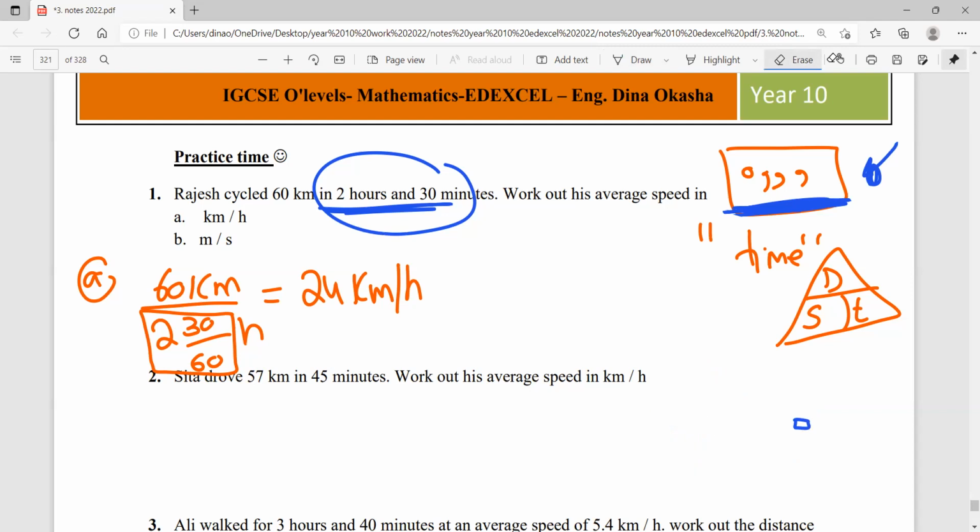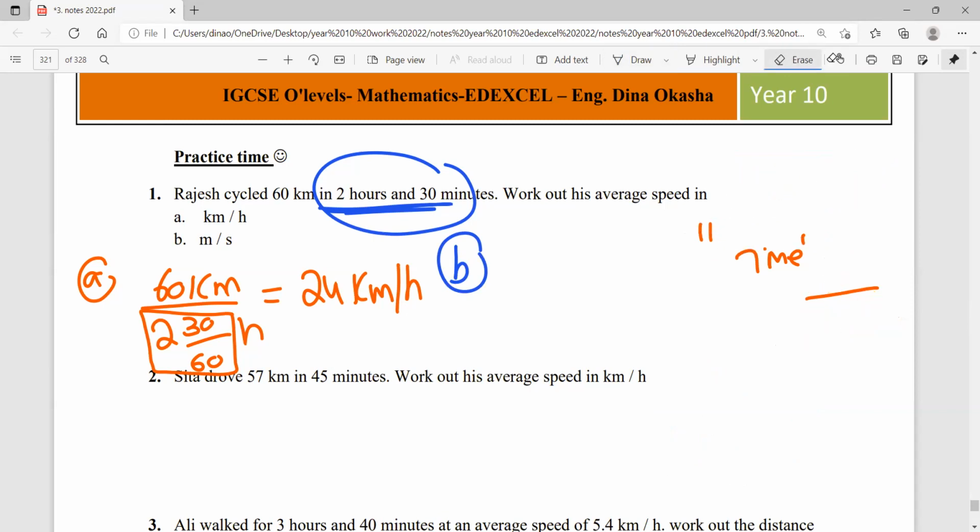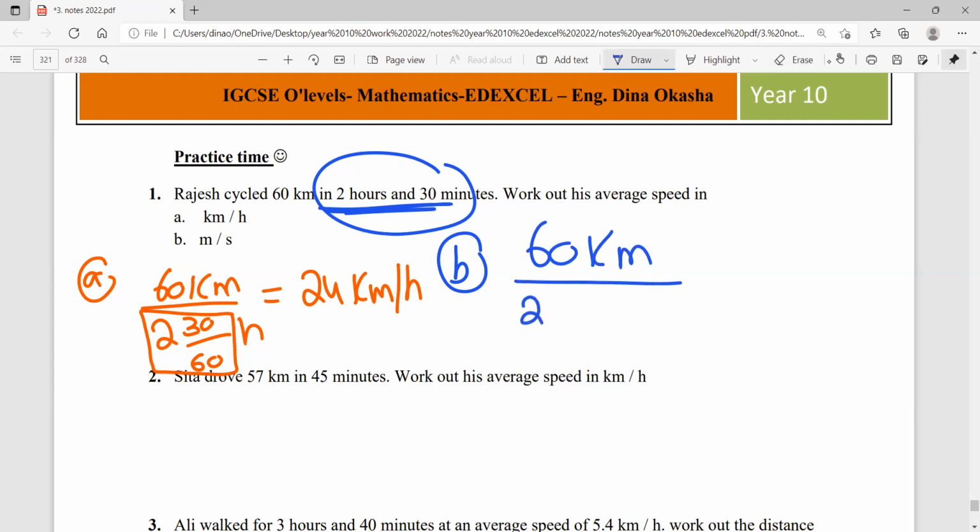نيجي بقى على هنا السؤال اللي وراه. قال لي change your answer أو give your answer in meter per second. أنا هعملها بطريقة شوية مطولة على أساس تنفع في كل المسائل. أنا the information I have in this question is 60 kilometers, and then the 2 hours and 30 minutes, it could be written like this 2 hours and 30 minutes. طبعا دي سهل ان انا اكتبها 2.5 عشان بس ما بقاش مفتريه برضو عليكم في موضوع change to decimal